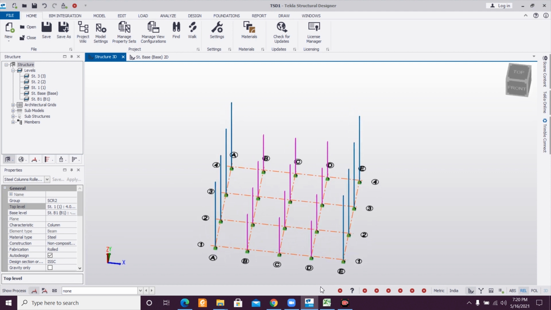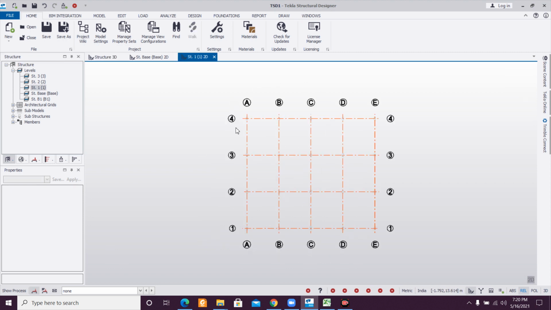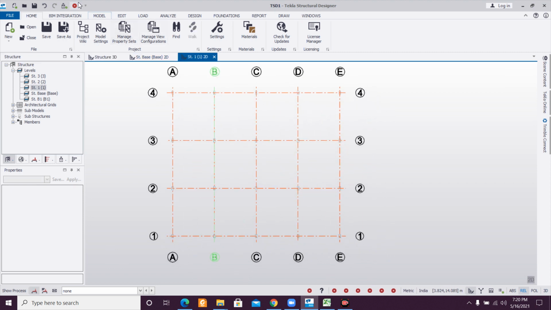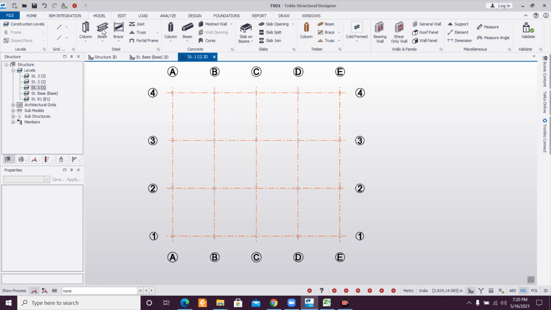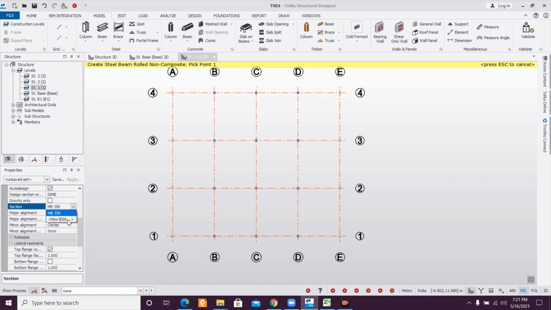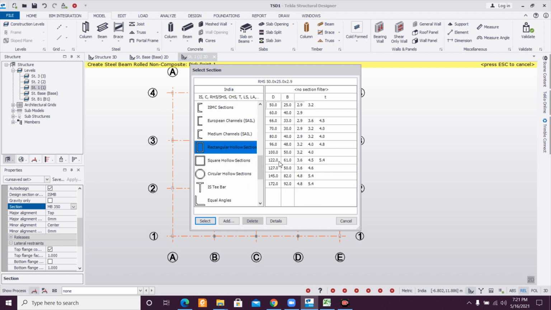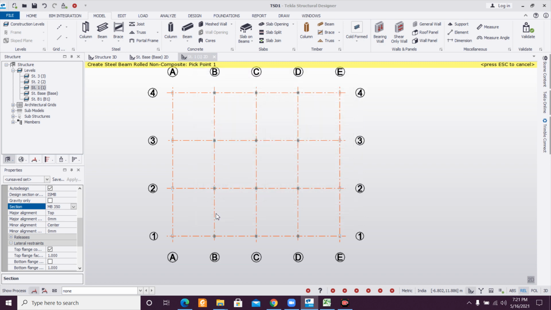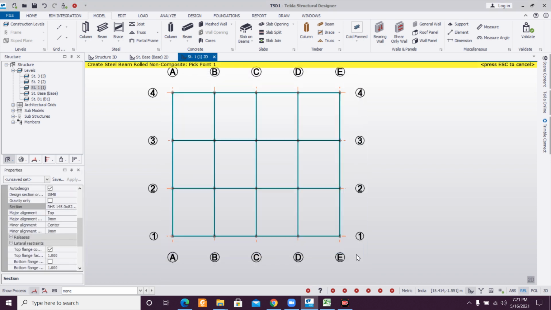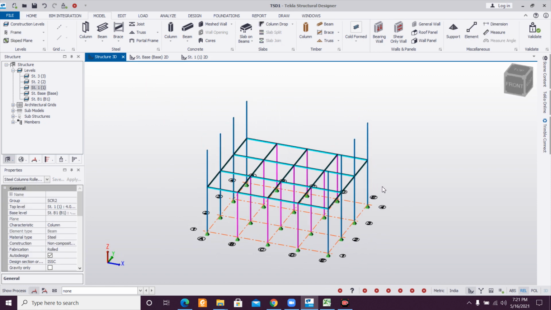So we'll just go to this structure 1, and we'll just add your beams here. For adding the beams, we'll go to model here, and select this beams, and here I'll just change the grade of steel here, Fe490, and this size I'm also going to change. I'm going to use rectangular sections here, hollow sections here also. We can go for this and select, and after that I'll select all the structure here, and go to check in the structure 3D. The beams have been created.